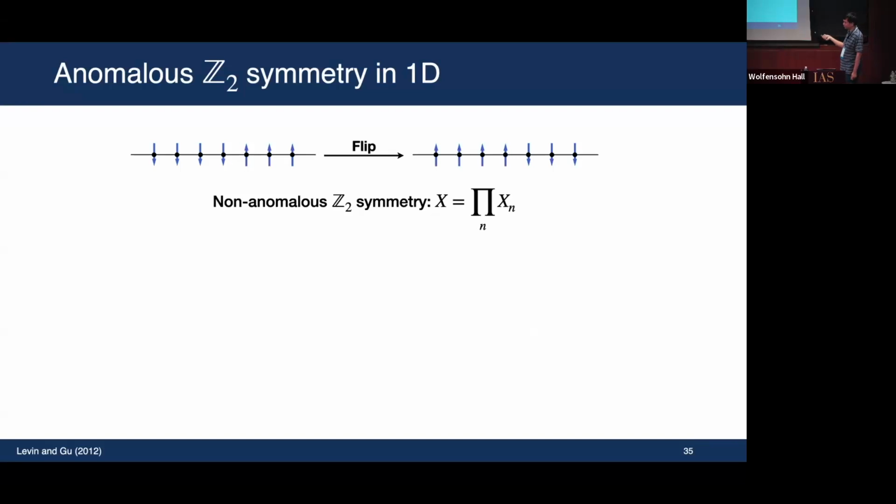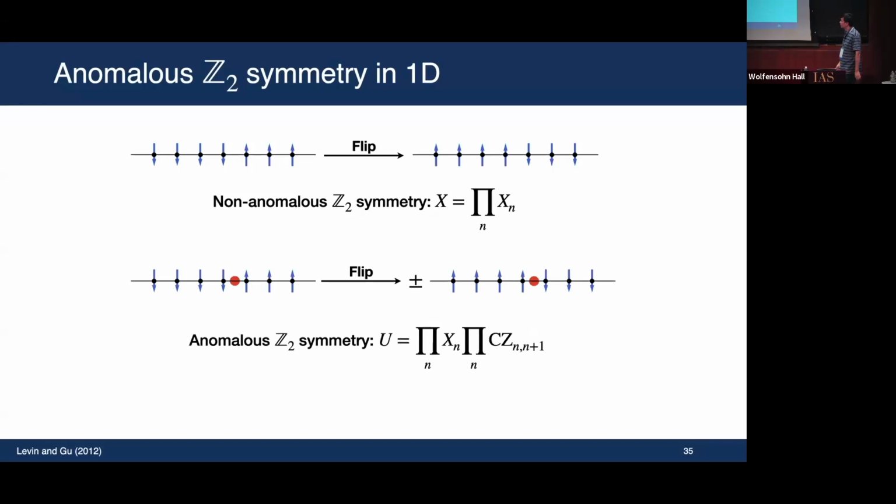If you have a chain of spin 1/2 or qubits, then the anomaly-free Z2 symmetry is just a product of Pauli X, a spin flip. Now, we can make an anomalous Z2 symmetry by multiplying this spin flip with a bunch of phase factors in the Z basis. These are the control Z gates acting on neighboring sites. Multiply all of them, and I'm assuming that the system is always periodic on a ring. So now you can prove that under that condition, this is a Z2 symmetry. Roughly what happens is that you flip all the spins, but then add some phase factors depending on the spin configuration.